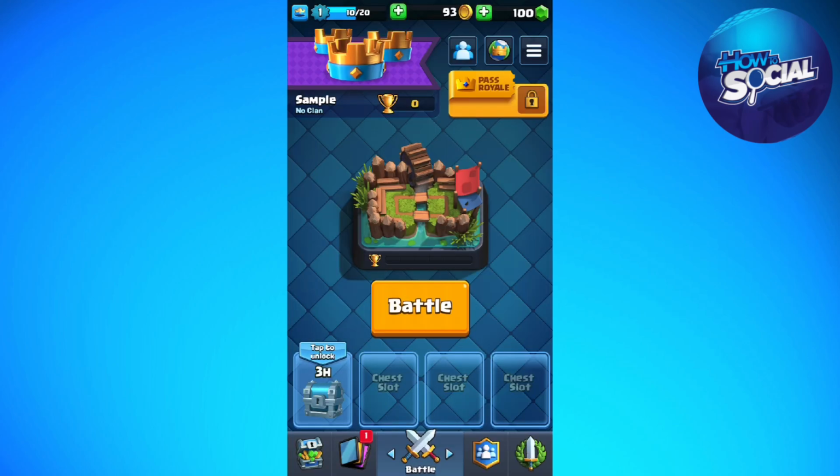And then the second way is to, when you're on battle, you can just go ahead and add your friend during that game. Okay, so the last option that you have is to just go ahead and connect your account